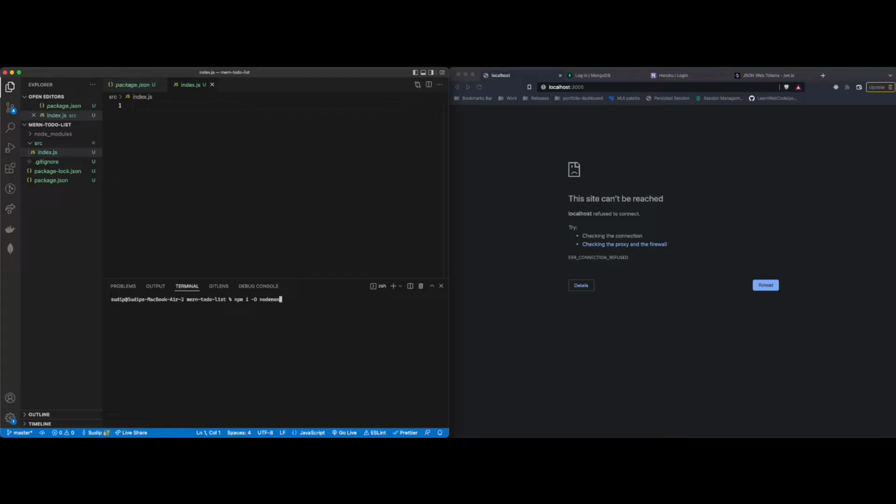But what Nodemon does is, as soon as you make a change to your file, it constantly watches your server, right? It's going to automatically restart your server, so that you don't have to close and open your server back and forth. So we're going to install that,